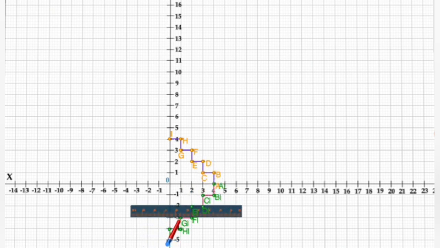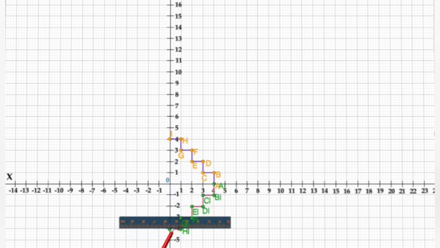So we have a complete symmetrical figure. After drawing these stairs in the fourth quadrant, that is the image of the figure with respect to the x-axis, we will also be completing an observation table where we will write the coordinates of the mirror images of those points, that is A1, B1, C1, D1, E1, F1, G1, H1 and I1. Now I have already started marking the mirror image of the points with respect to the y-axis.